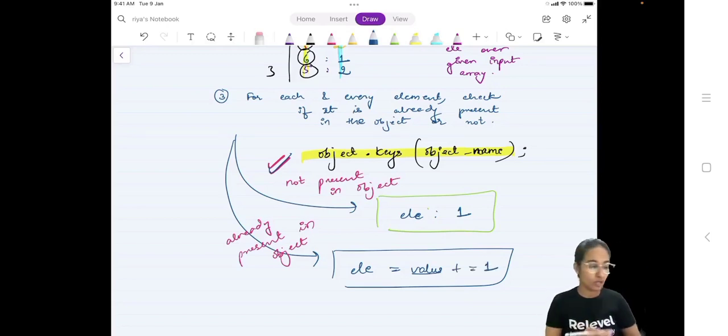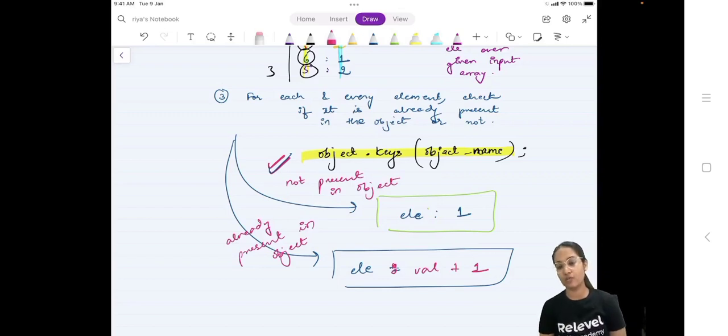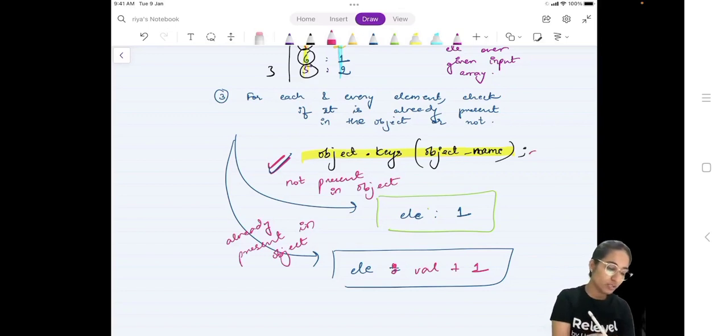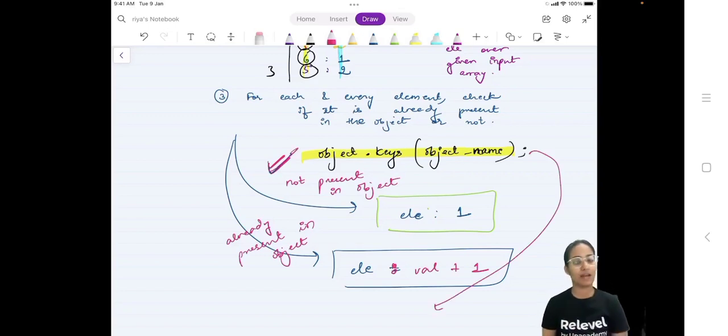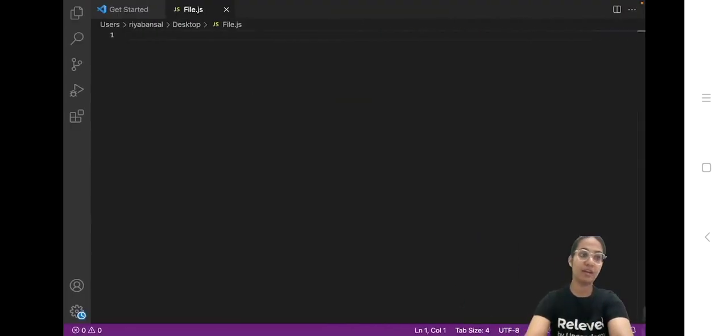So whatever was the value for this currently, let's say there must be some value which was existing, you just do a +1 to that value for that particular key, and you keep doing it, and in the end you simply do Object.keys, and that will give you your final answer. Alright, now let's go ahead and quickly implement this as well and verify if our logic